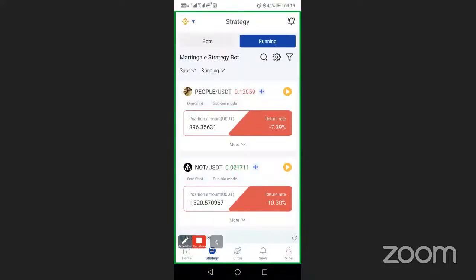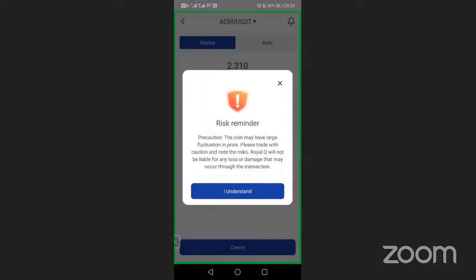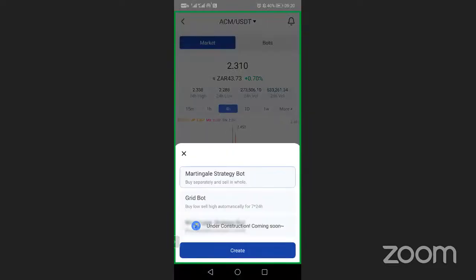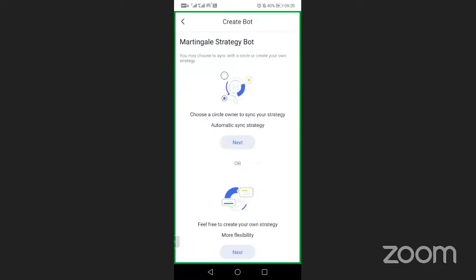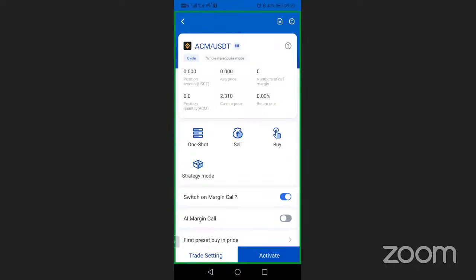Okay, so let's come here. I'm choosing any coin that I haven't traded so that it gives us settings. So I'm opening up a coin so that we can look at the settings of the super buy poverty strategy. I hope that you are following me. Can you see my screen? If you can see my screen, give me one in the chat.